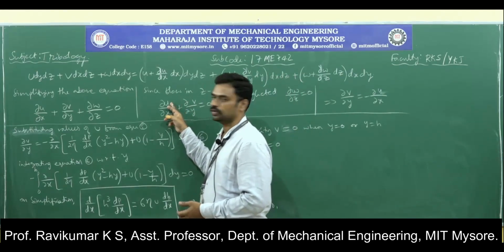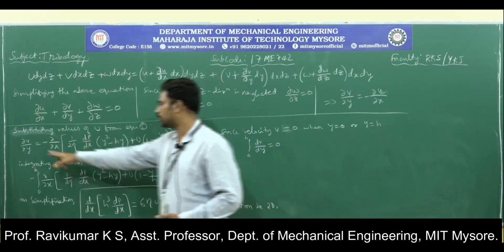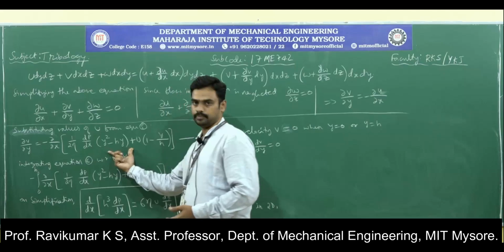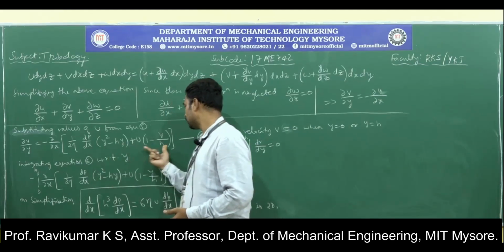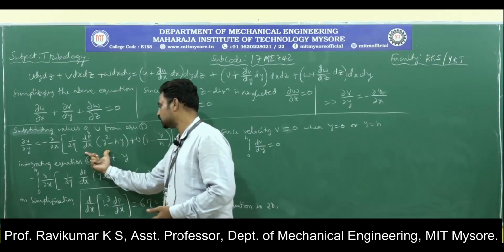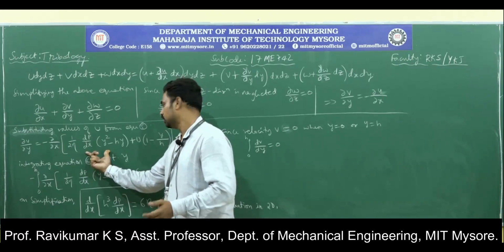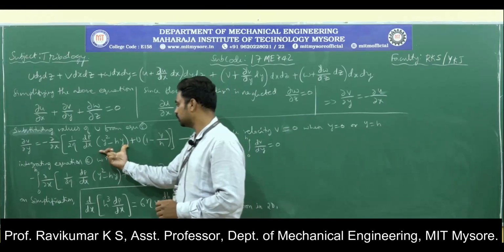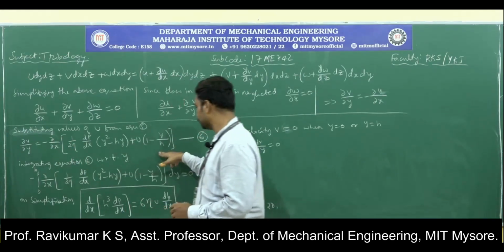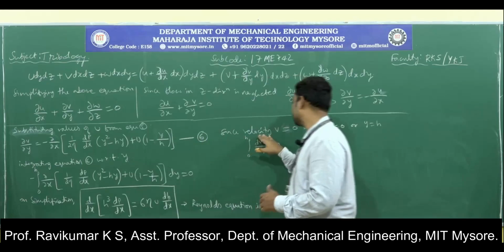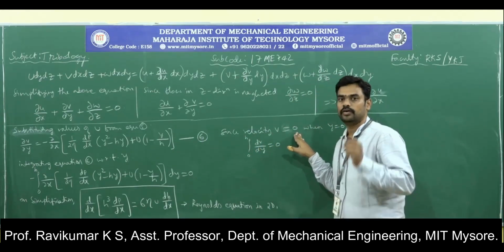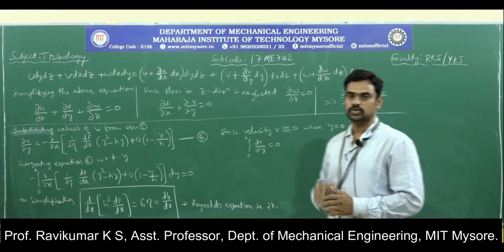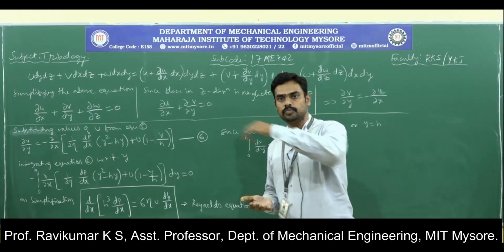Substitute for u from equation 5, you will get deva v by deva y is equal to minus deva by deva x of the u term. This is the u term, where this is u1 and this is u2. This represents the parabolic velocity distribution, and this represents the linear velocity distribution. So this is the u term, and here the velocity v is equal to 0 when we consider the boundary condition when y is equal to 0 and y is equal to h. So y is equal to 0 means it is the moving